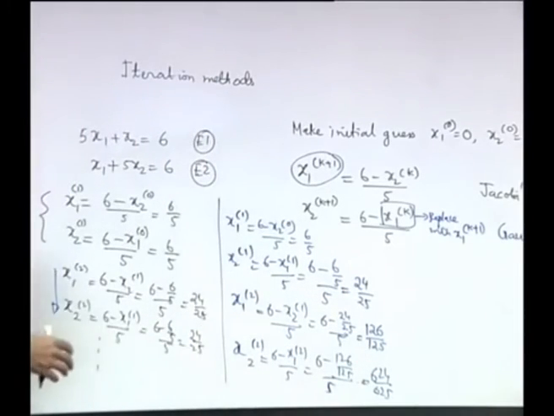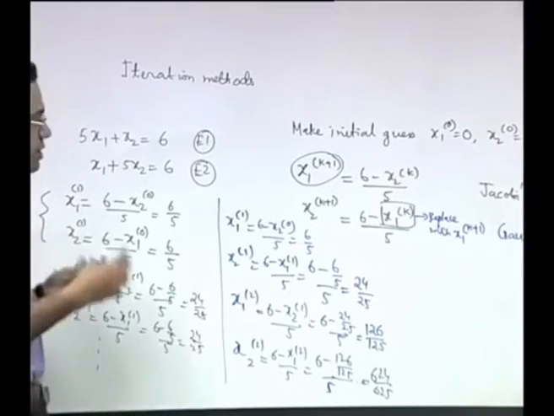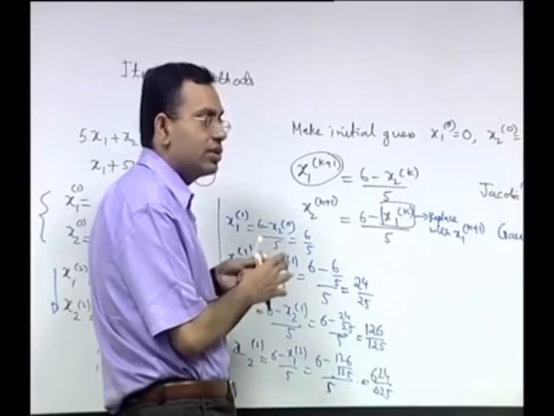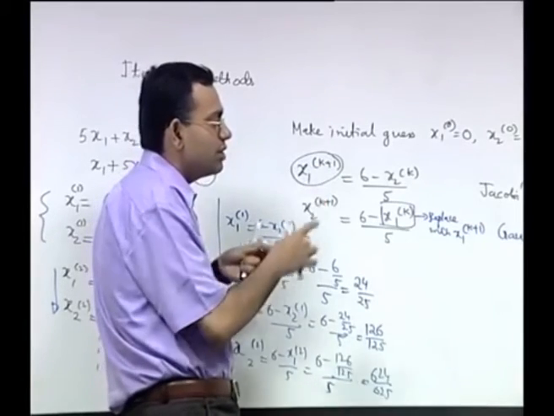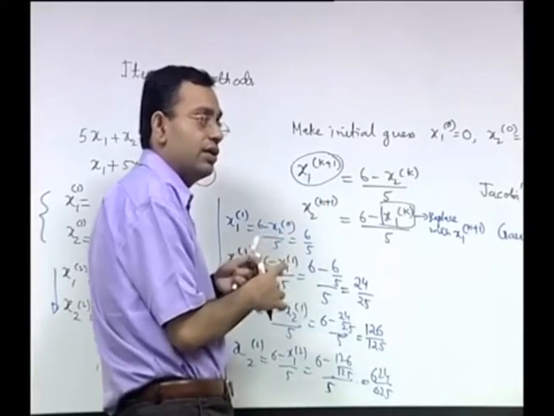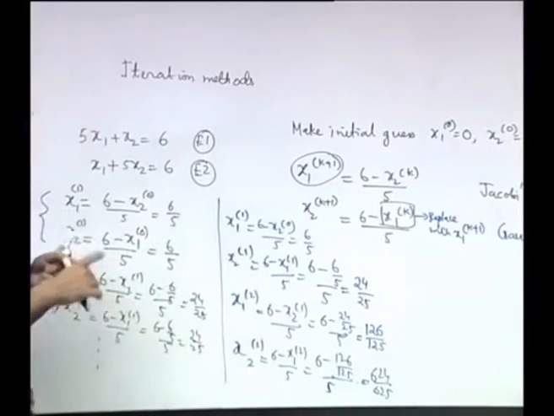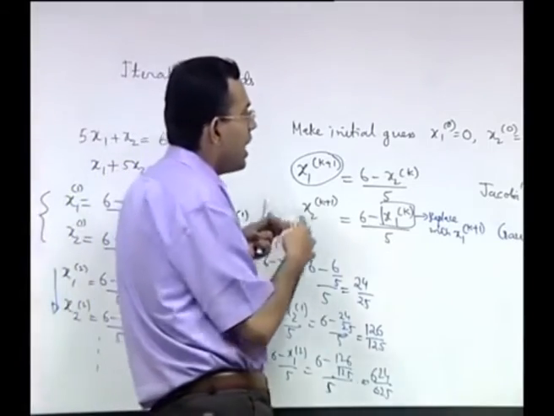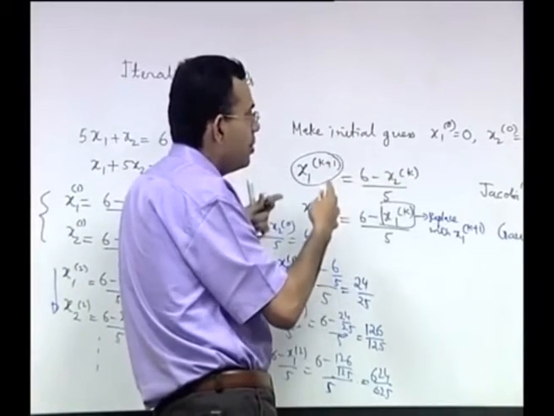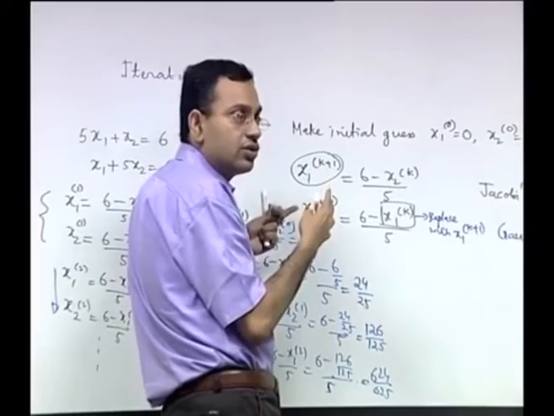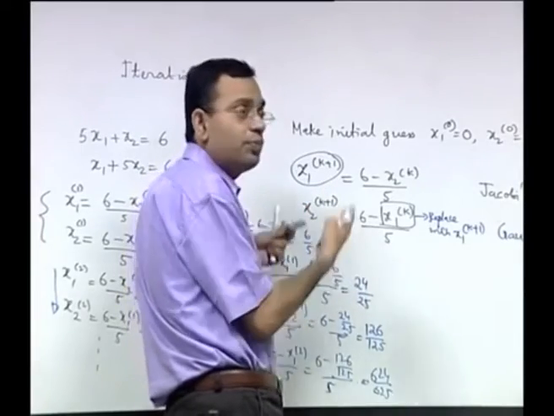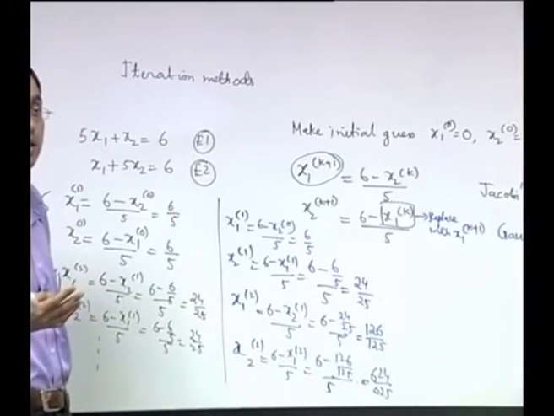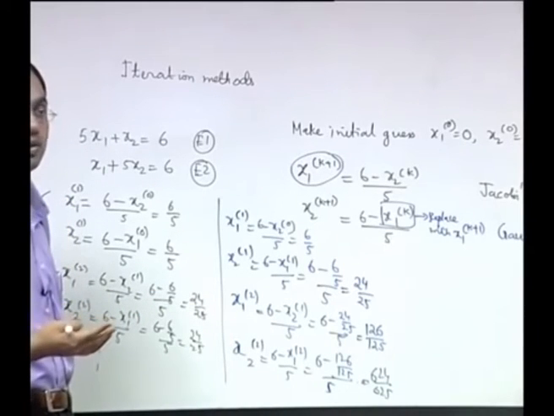So, no matter whether you are using the Jacobi's method or the Gauss-Seidel method, you have a hope that you will converge to the solution, and if it does so, the Gauss-Seidel will do it in a faster way. Now, we have to understand that we have just a hope, because we have not derived this formula from a very rigorous consideration. So, at this stage we have just a hope that it will converge to the correct solution, but where is the guarantee that it will finally converge to the correct solution?